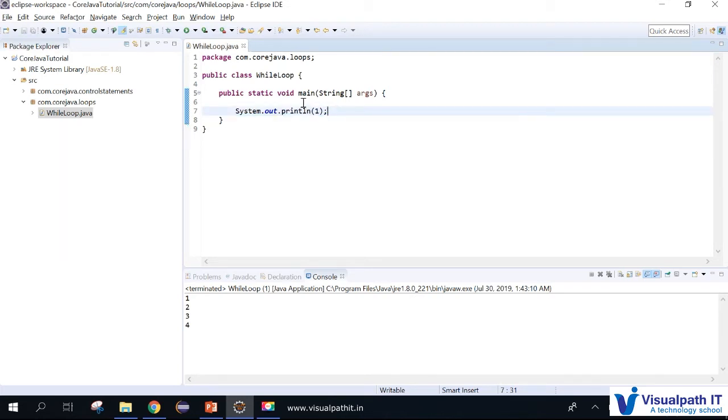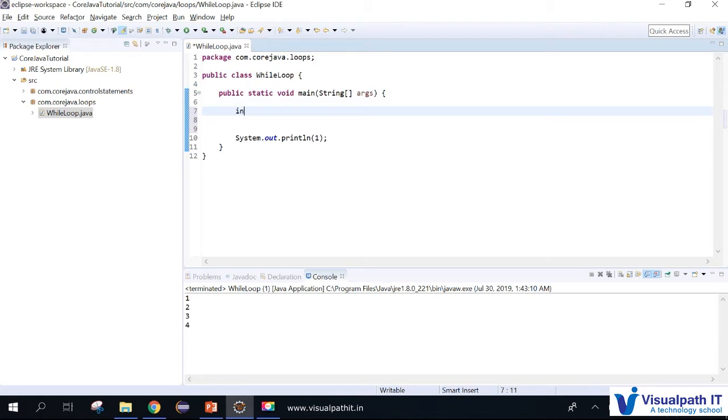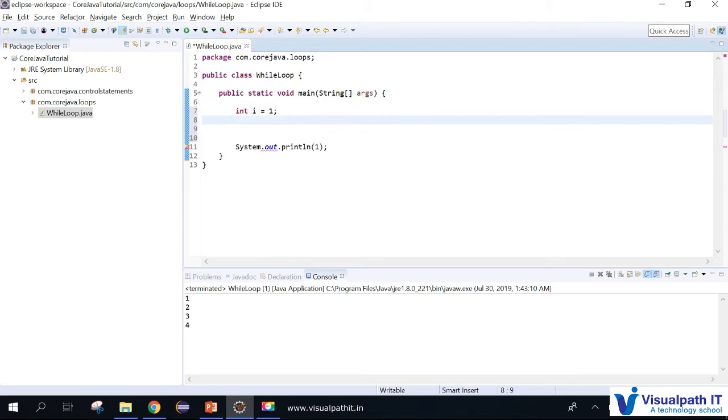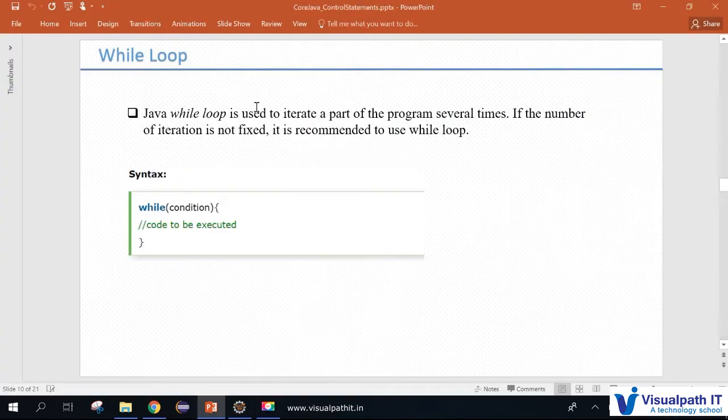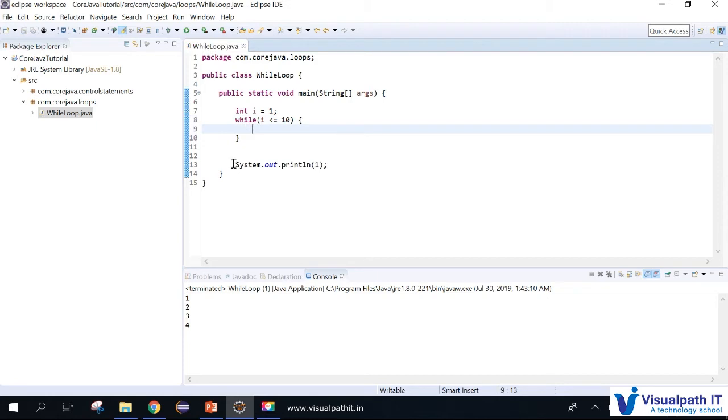I just need to keep one sysout statement. How to reuse that? I'll tell you. I'm just declaring a variable called int i equal to 1, and I'm writing a while statement. While i is less than or equal to 10, so till 10 items I need to loop this. I just need to print,